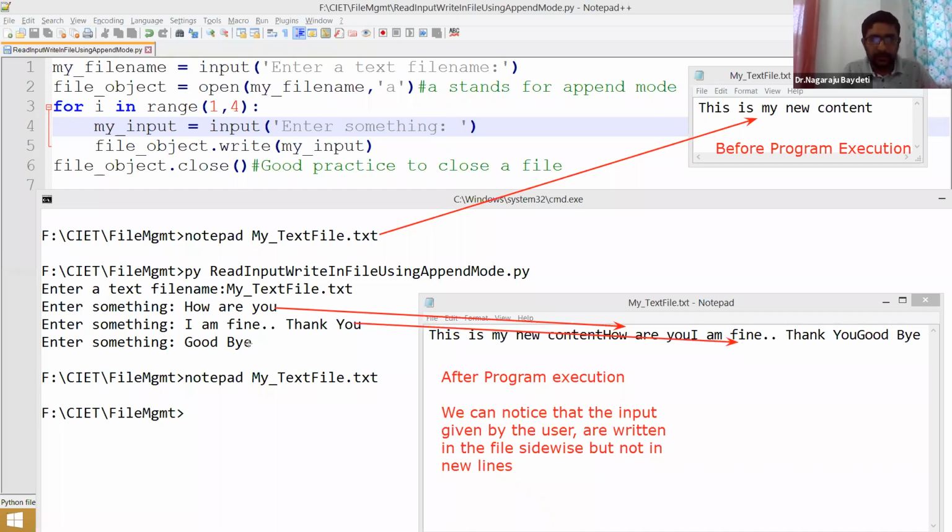And even goodbye is also written by keeping the previous content intact. Okay. This is my new content. And then the input, whatever I have entered, is also written.